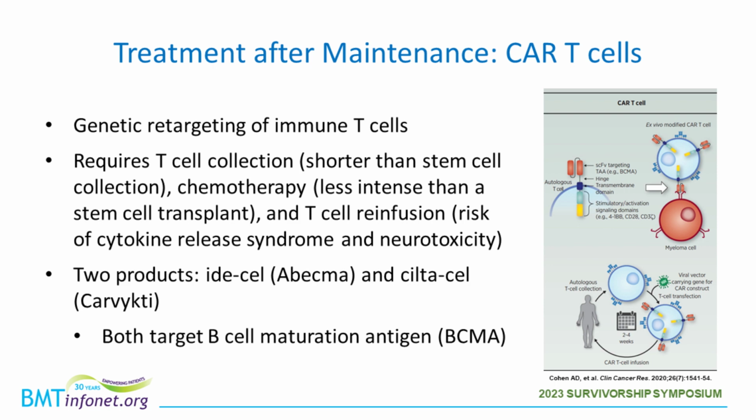less than what you would expect to go through with a stem cell transplant, and then giving back to the patient T cells, their own T cells that have been genetically modified to put a targeting protein that targets the myeloma. And then those T cells, when they go in, have some specific risks of causing inflammation in the body that's known as cytokine release syndrome, and sometimes confusion that's called neurotoxicity. But when those T cells go in and start killing the myeloma cells, they can be very effective at doing